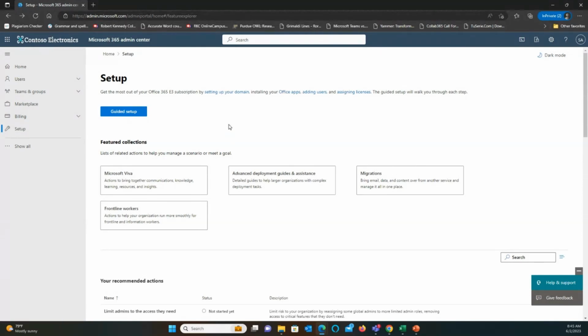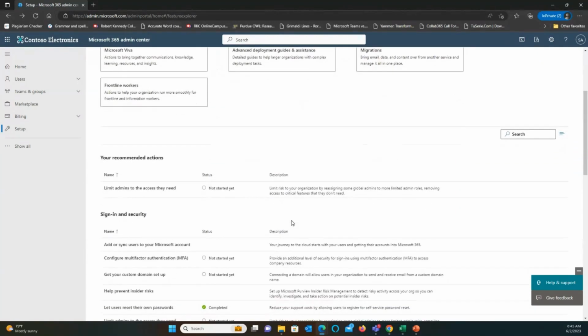Once you get that, you'll be able to get into your admin center. Now, the admin center is a place that we use to set up certain criteria and ensure that our information is properly managed from the console. Now, for Viva, we have you go to your